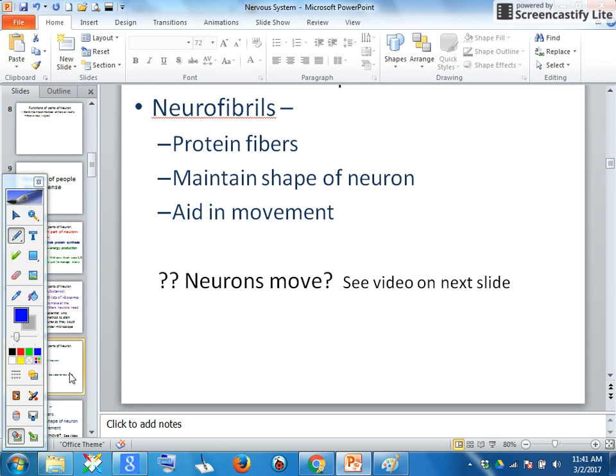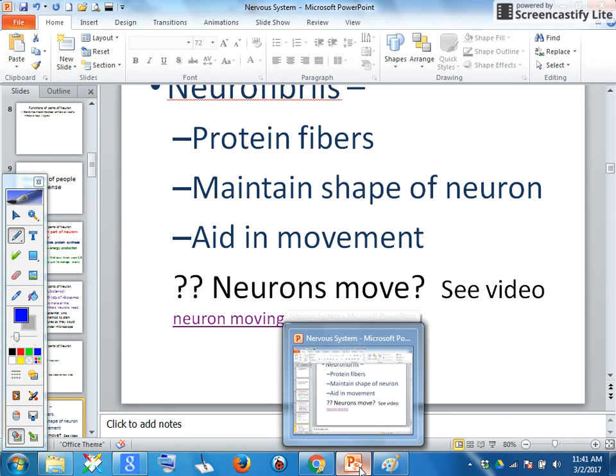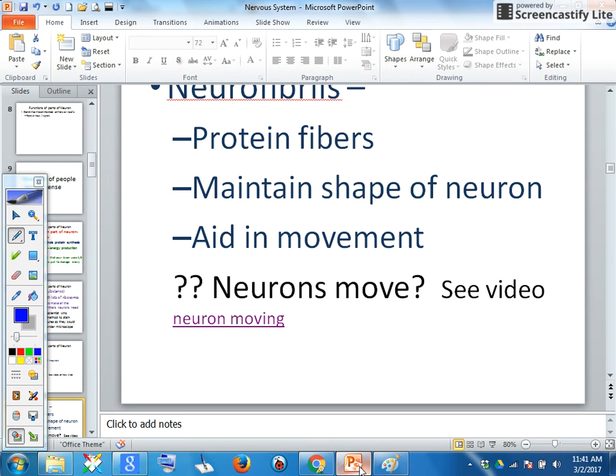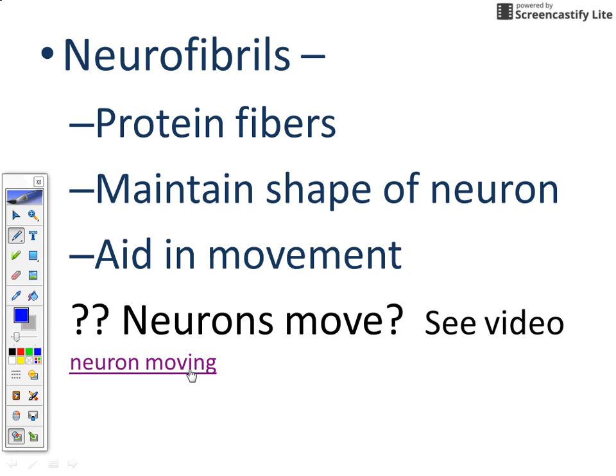Next, neurofibrils. The neurofibrils are protein fibers, and they help maintain the shape of the neuron, and they help the neuron move. Now, are you telling me that nerves move? Well, they move in the sense of trees moving. Hopefully I can find this link. Trees don't actually get up and move, but their branches move. And so in this video, you can see,